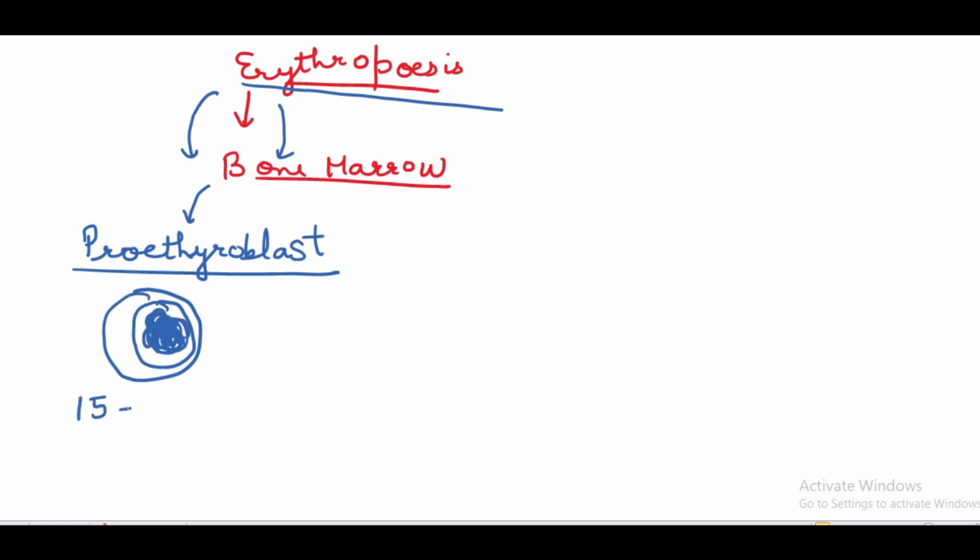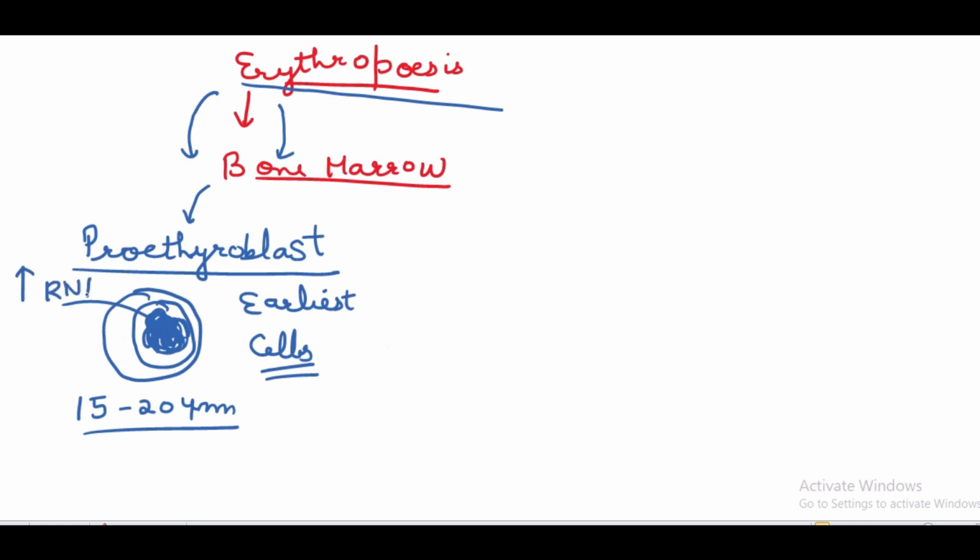Remember, they have a size of 15 to 20 micrometer. Apart from that, they are the earliest recognizable cells in the erythroid series. They have a blue cytoplasm due to the higher RNA content. They contain a large central nucleus and they undergo 4 to 5 divisions to produce 16 to 32 RBC cells. They undergo differentiation and maturation, involving the next stage, that is